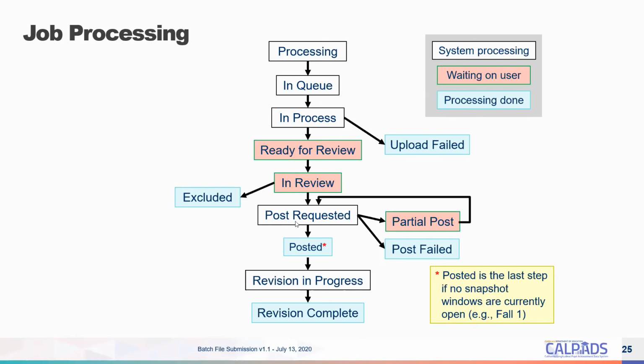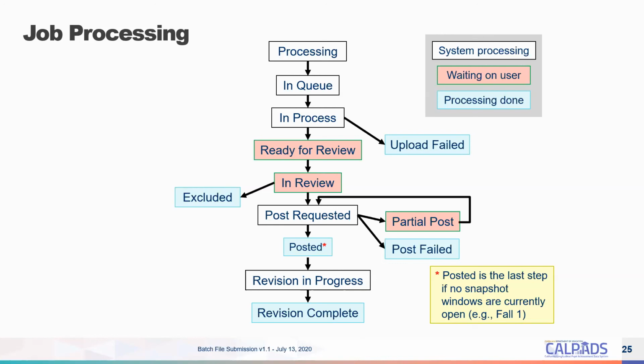If you do not post all the records, you can go to partial post. Perhaps there's changes made in the CalPADS ODS that require post-fail after they've been reviewed. So if you're working with colleagues and you're working on the same student data, a discrepancy in the ODS that conflicts with records that would be posted can cause a post-fail. But generally, you get post requested, whether you post all or just some of the records.